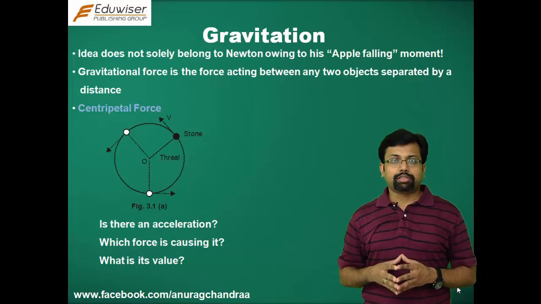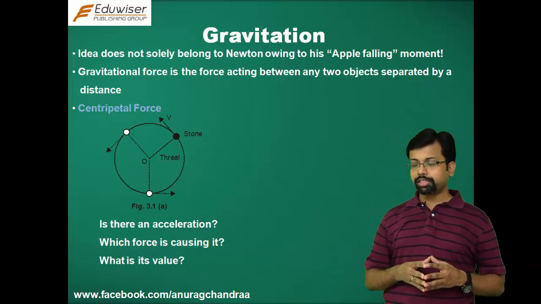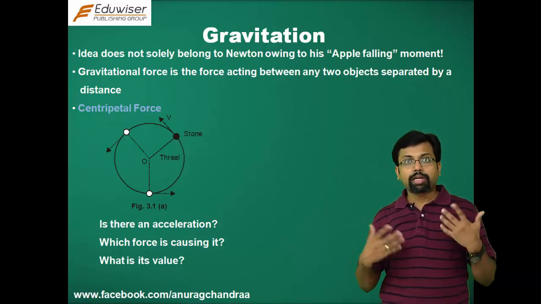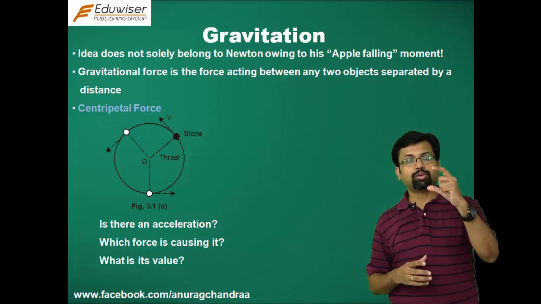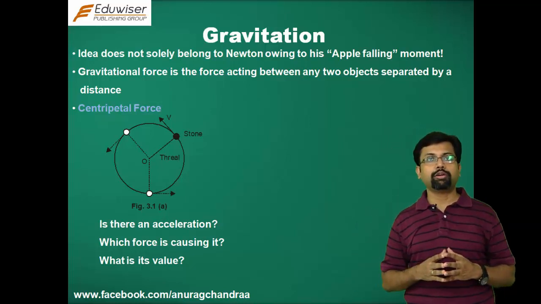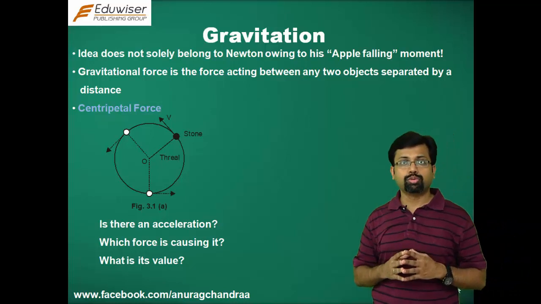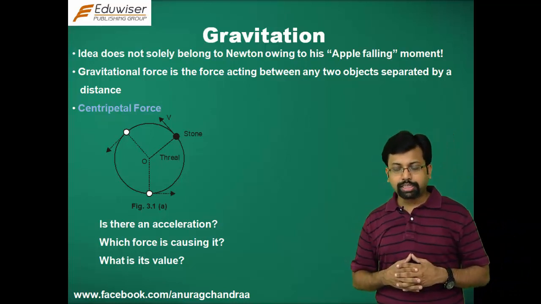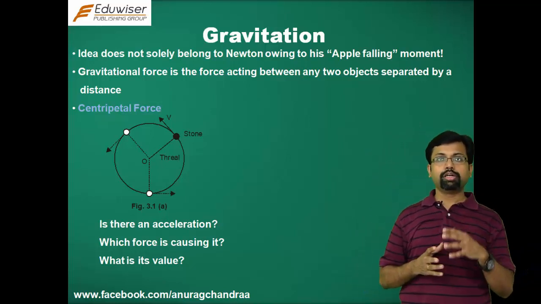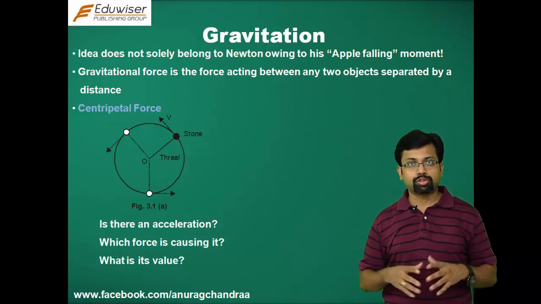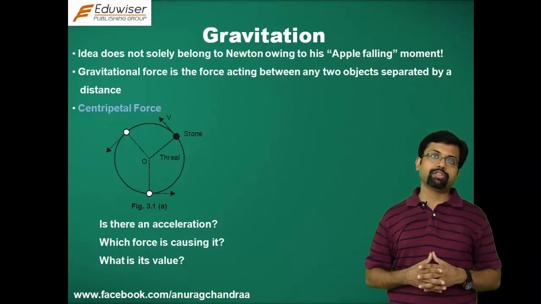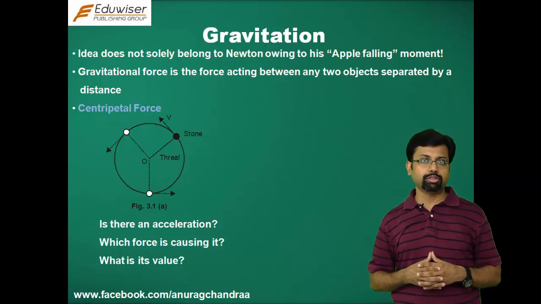Now, what is gravitation? Gravitation is generally linked with the incident of an apple falling in the lap of Newton, and that might not even be true, but that is what it is linked to. The whole idea of gravitation is generally linked with Newton, but that is not true. Even before Newton, there were scientists who had worked a lot on the idea of gravitation, and these included Aryabhat, who was an Indian scientist who described the planetary motion, and Johannes Kepler, who gave his laws of planetary motion much before Newton did.